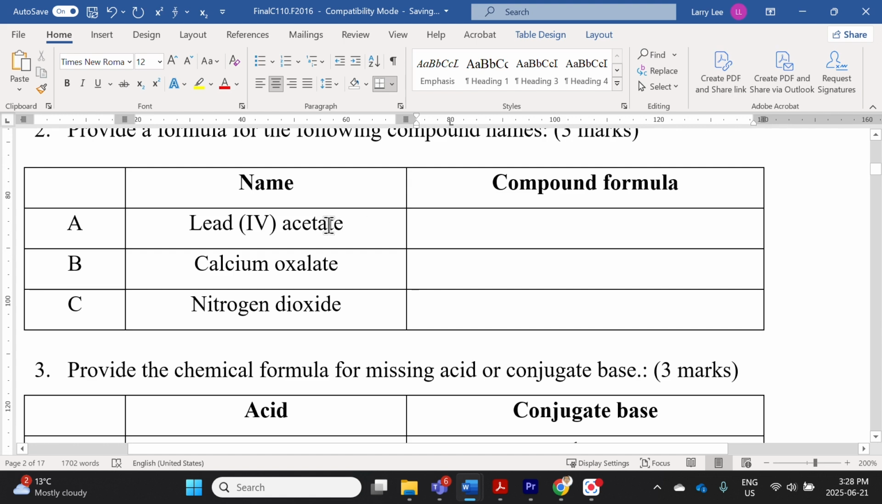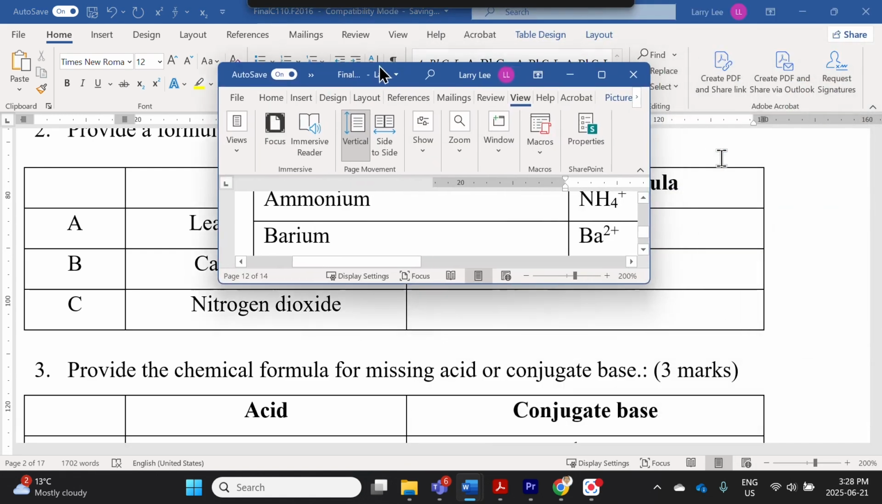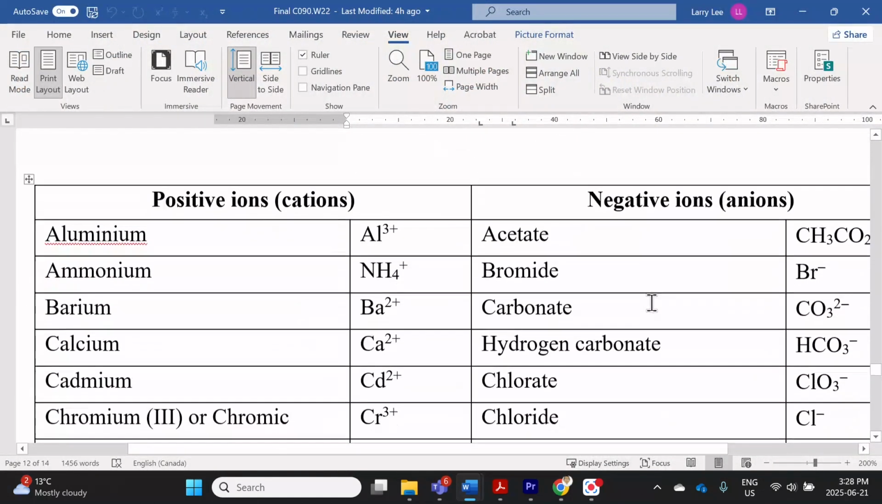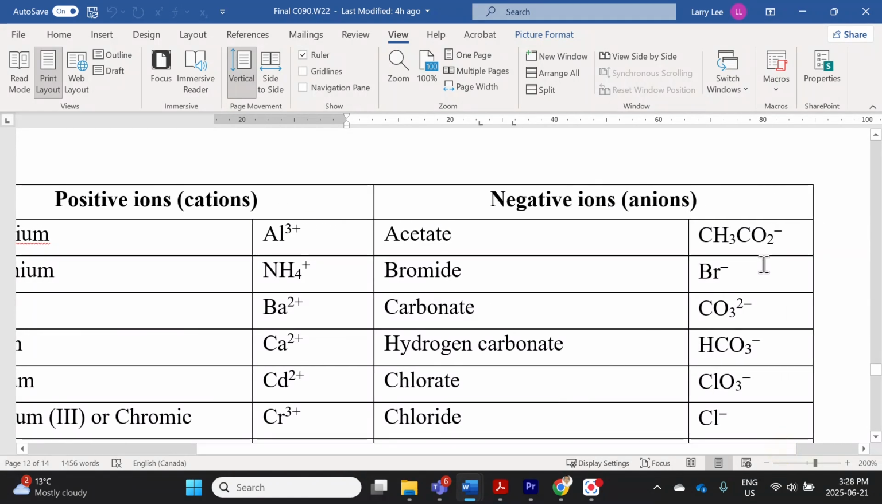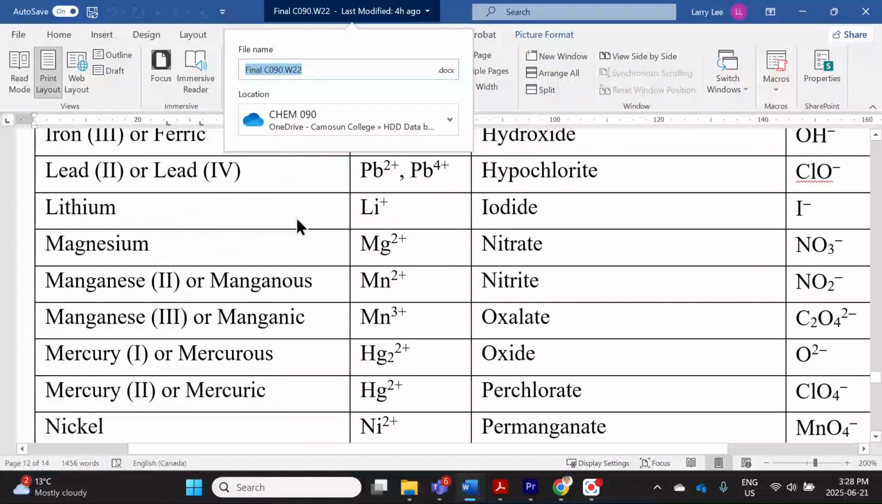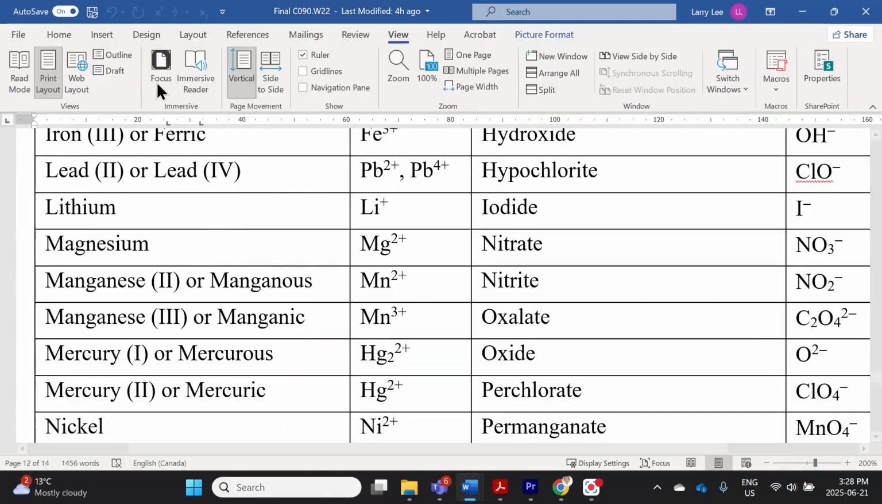So for example, an acetate. What is an acetate? If you don't know an acetate, go to the common ion table. And from the common ion table, you'll see acetate. Oh, there it is. It's CH3CO2 minus. So that means that that will be bound to lead. Okay, so let's take a look at lead. If you can't remember the symbol for lead,